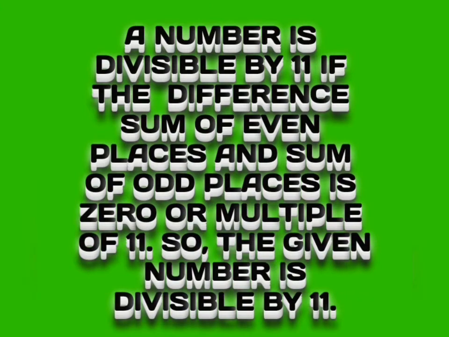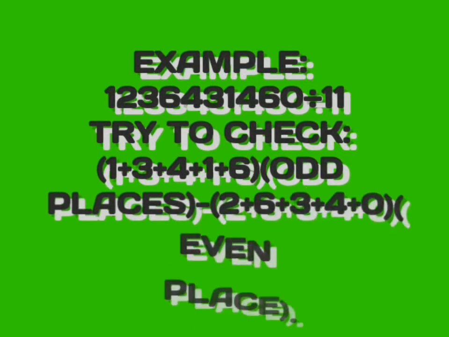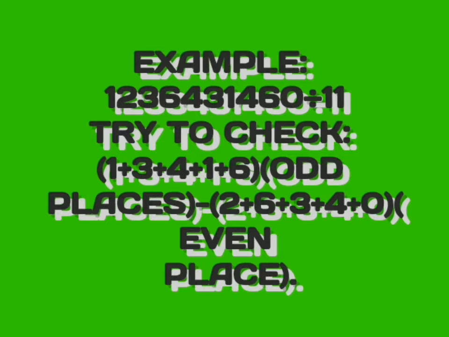A number is divisible by 11 if the difference between the sum of even places and the sum of odd places is 0 or a multiple of 11. That is, the number is divisible by 11. This will be understood better when we start taking our examples, which we are going into right now. For the first example, we have 1, 2, 3, 6, 4, 3, 1, 4, 6, 0